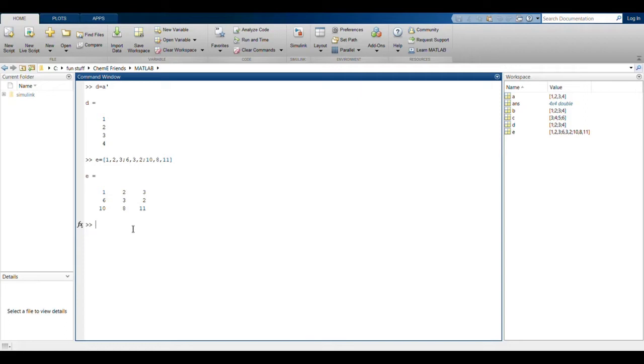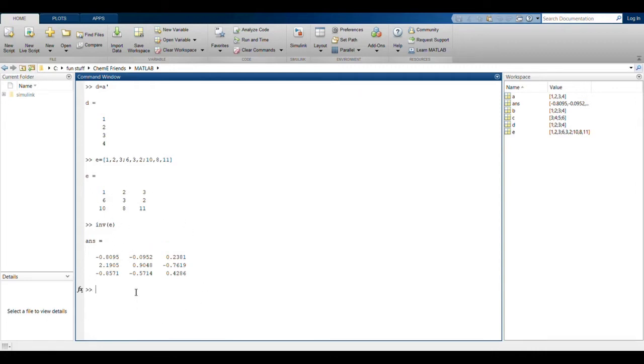So for example, I want inv of e. So we get the inverse of the matrix E. INV is a function which is defined by MATLAB. It is a library function. So you can use INV to find the inverse of the matrix E.